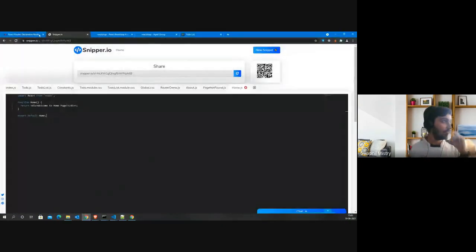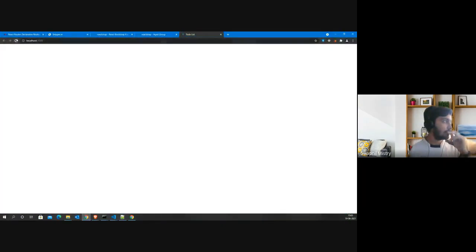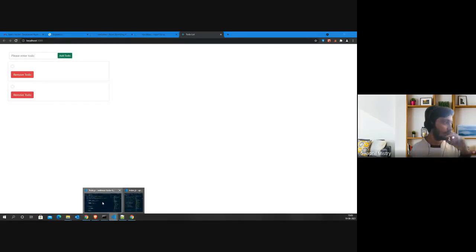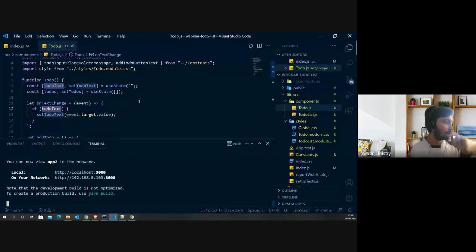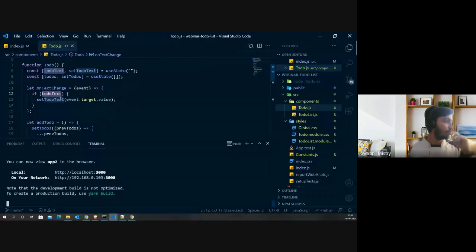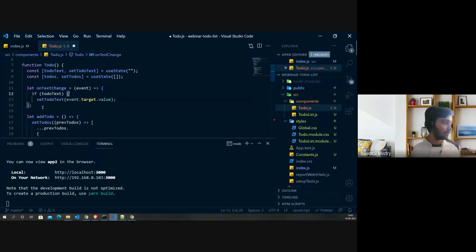And if I go and try to do things over here, let me just reload it. So it's still adding. Just a second. Why is it adding? Oh, we added the condition at the wrong place.